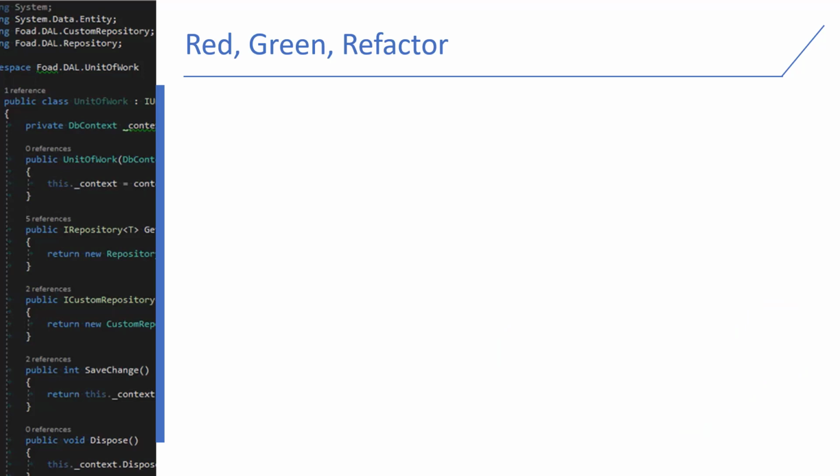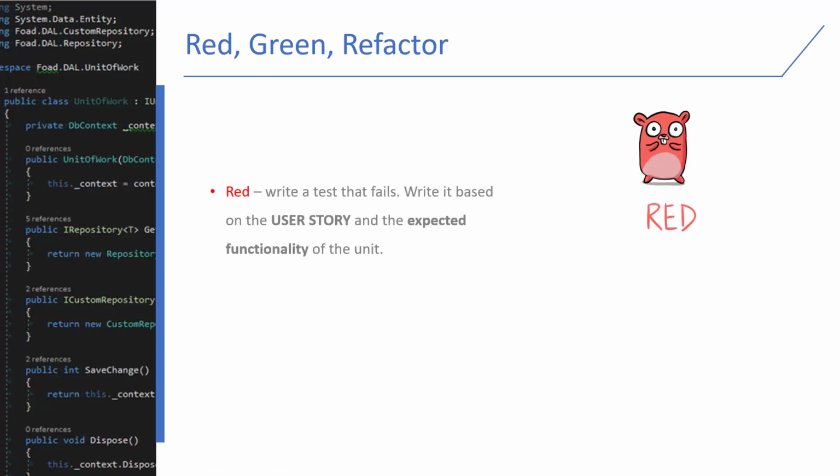If there is anything to refactor, refactor it. One of the best approaches for writing code based on TDD is following the red-green-refactor principle, or steps. In the red step, you write a unit test. A unit test is based on your user story. You need to read the user story carefully. After that, pick a small part, for example, a point, and write a unit test for that. And let it fail. Let it be red when you run the unit test. It is what we want.